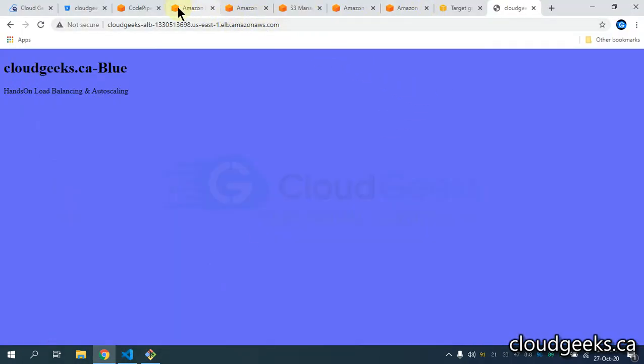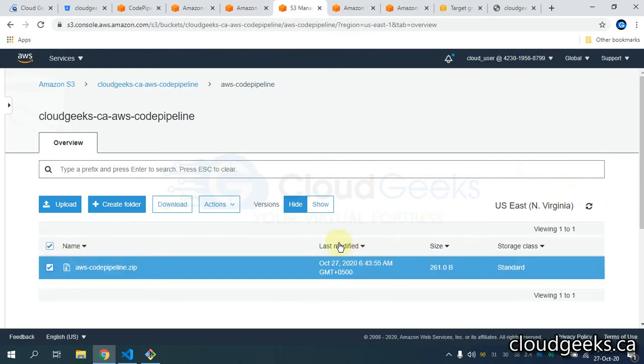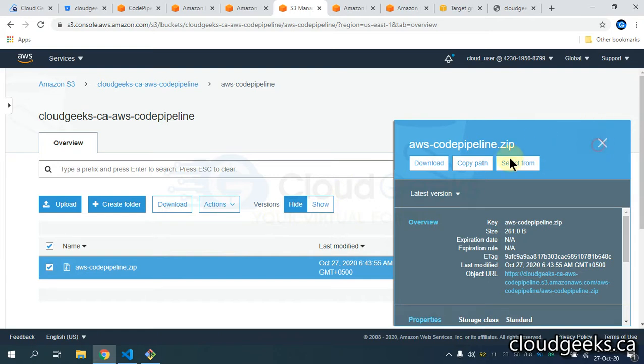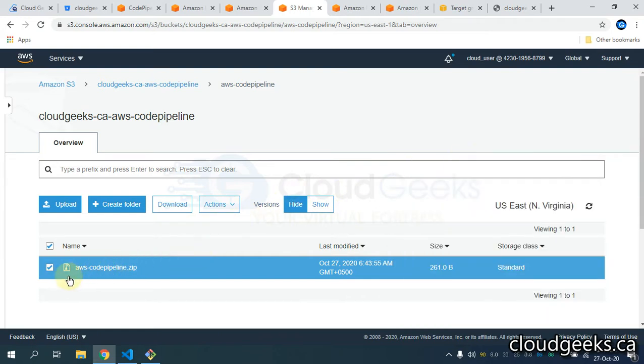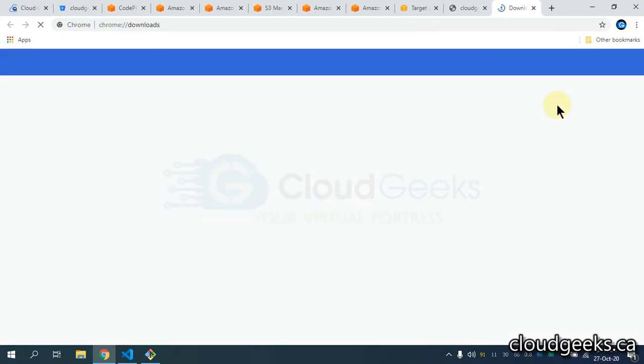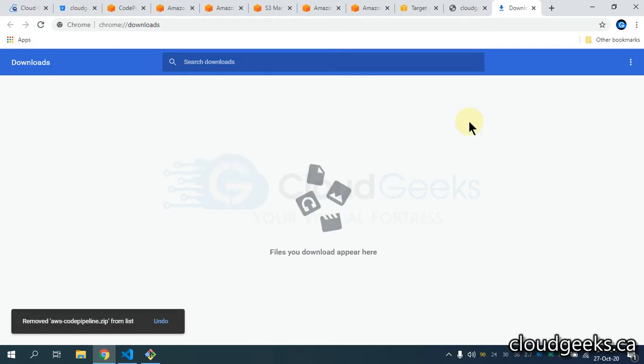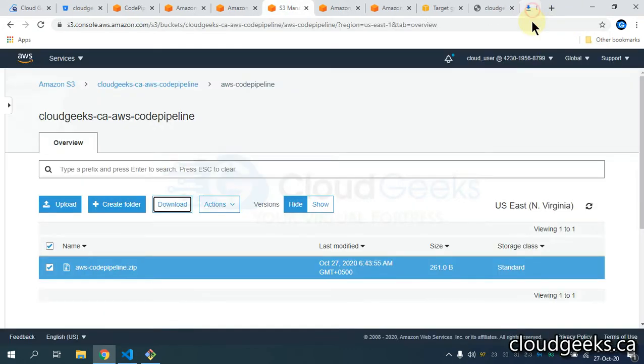And if I navigate to the S3 section, let me download that particular script to show you guys what we have done, and simply download this. Okay, I'm going to pull it back to my desktop.